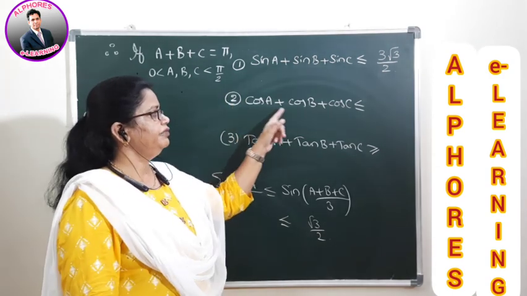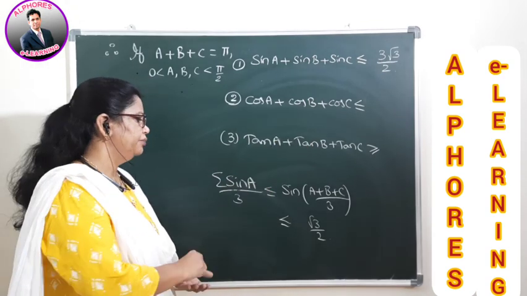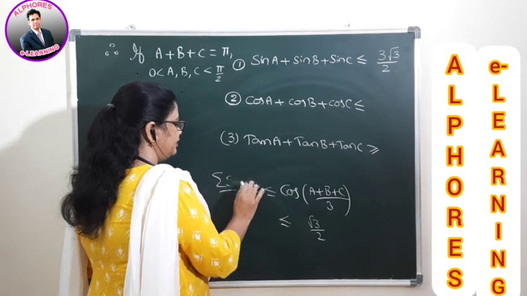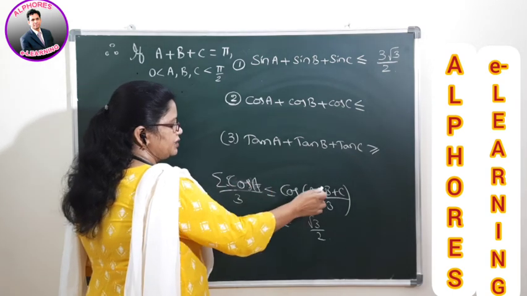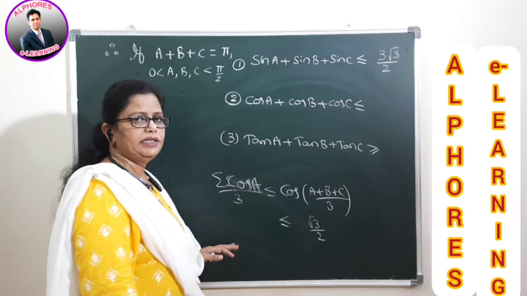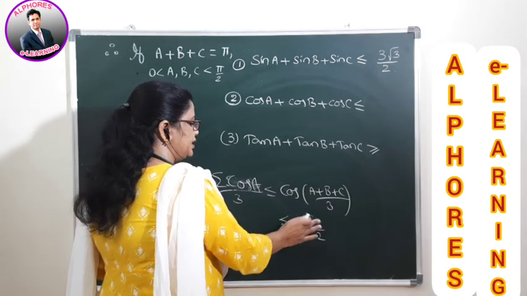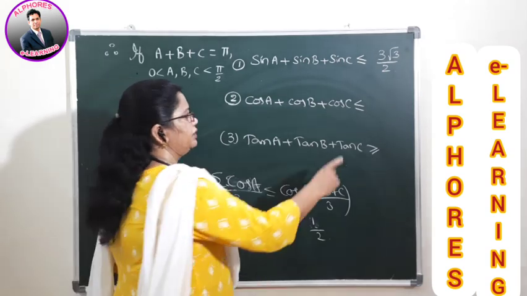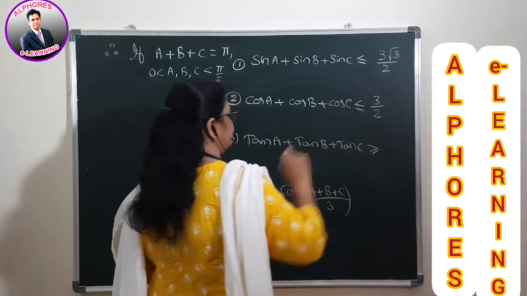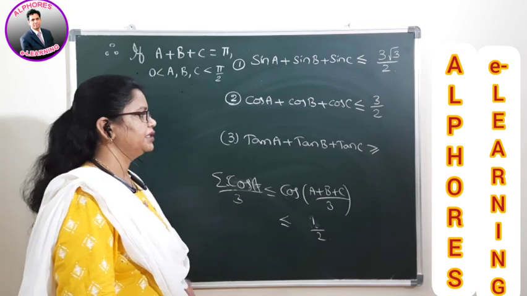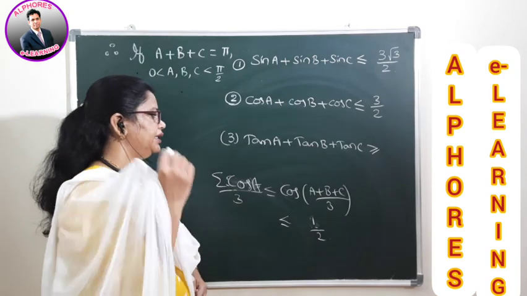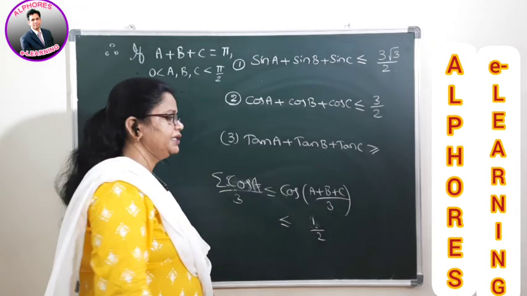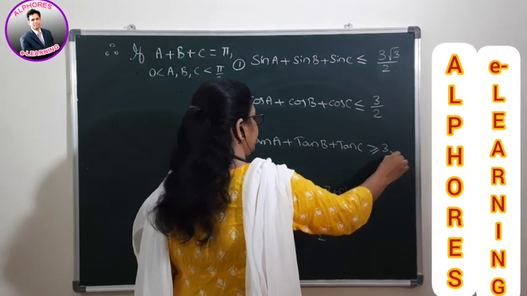Okay, in the same way, students, cos also is the same thing. But what about here? The cos formula we have is cos of this entire value, and now we are substituting (a + b + c)/3 as 60 degrees. Therefore this is cos 60, which implies it is 1 by 2. So if you do cross multiplication, how much will you get for this value? 3 by 2, right? And what about the tan function? In the same way, if you write tan a, tan b, tan of (a + b + c)/3, suppose I write 60 degrees, so root 3 implies it is 3 root 3.